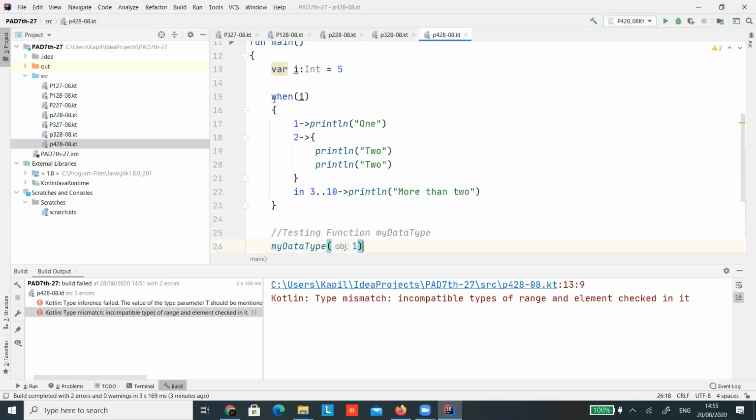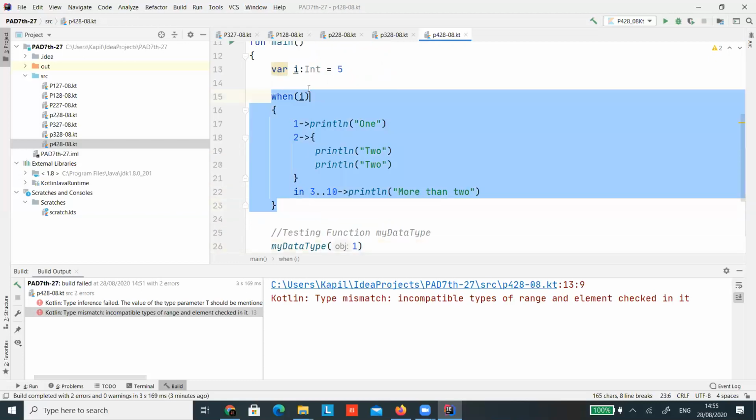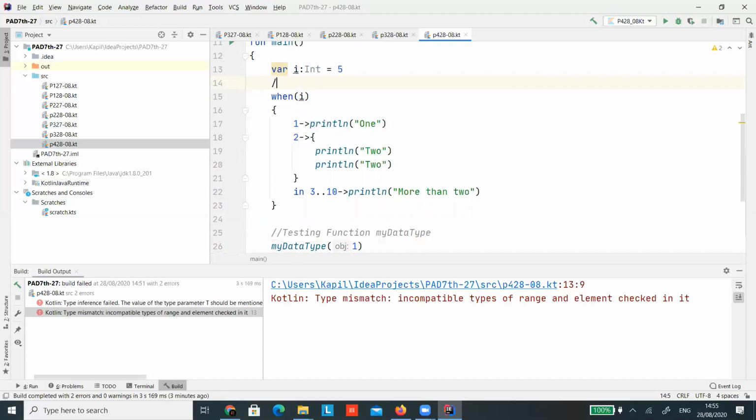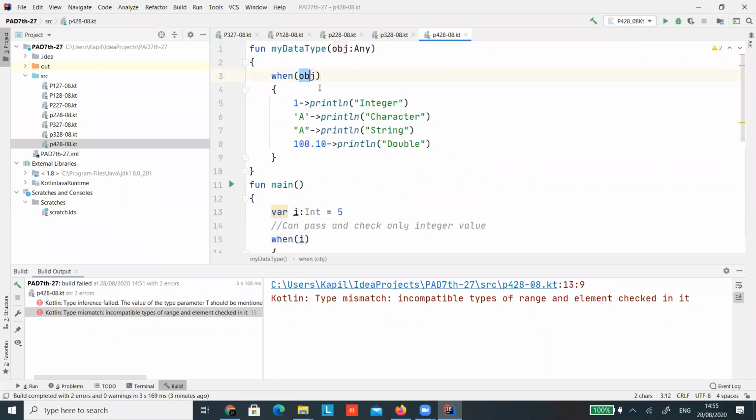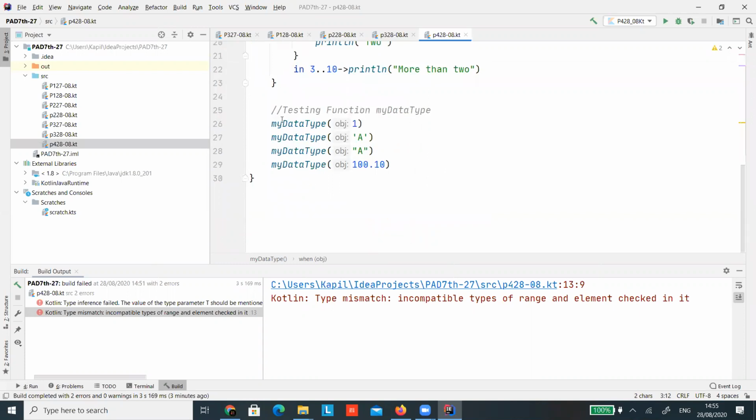Now let's try to understand why we need to create this kind of function. The only reason is that here there is a limitation: we can pass only integer value, which we have passed. Here there is a freedom. Any object you can pass, this will work.